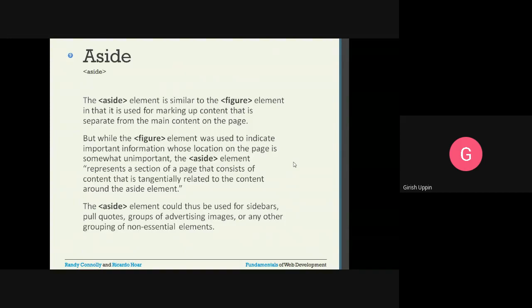So apart from the main content your web application is intended for, if you have any other information, maybe as a sidebar or the bottom bar, you can include that information using aside.